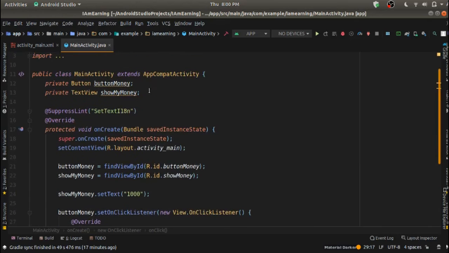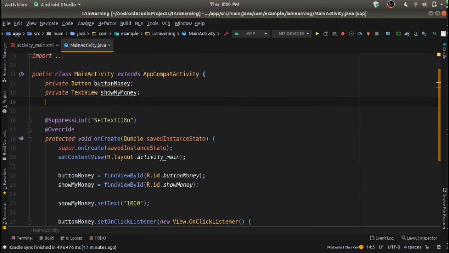I have to take some variables over here. Private, what name, it would be an integer, and I'll take moneyCount. Alright, initially it is equal to 1000.